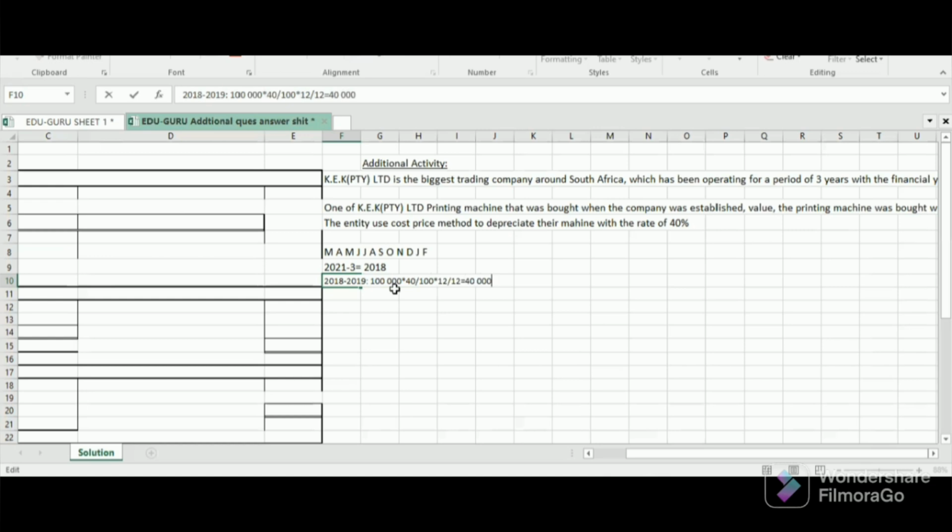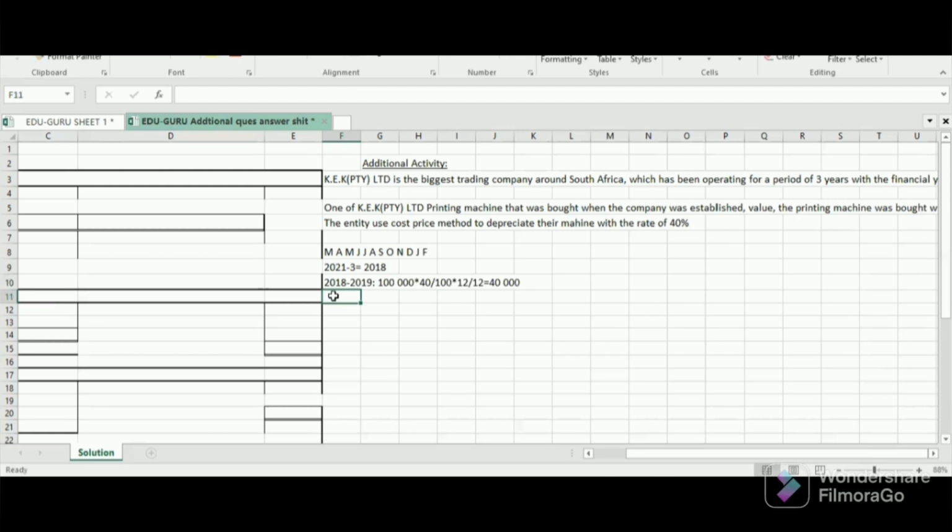But remember what I said to you earlier, what is important is your principle. You applying your principle. Your total will not be taken into consideration, or it will not be marked. As long as you apply the principle, then you're on a good track, guys. So please, the principle is very important. So yes, I've confirmed it. I come across 40,000. So now we are moving along to the current financial year of 2019